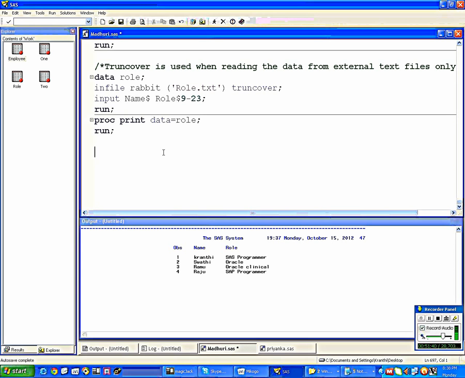And coming to the underscore null underscore. What do you mean by _null_? It means it won't create a data set. But you can read from an external file and you can write to an external file also. That is the _null_. Right? Then if you use the file statement, then it writes to the destination. Otherwise it writes to the output window when you use the print. But if you are not giving any file statement, then it prints to the log window. Okay. So this is about the _null_, then input statement and put statements. So these are the different statements.